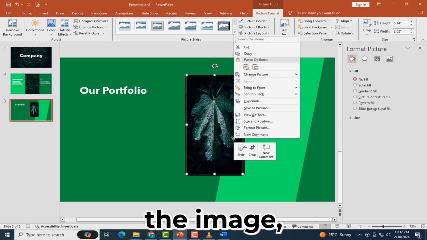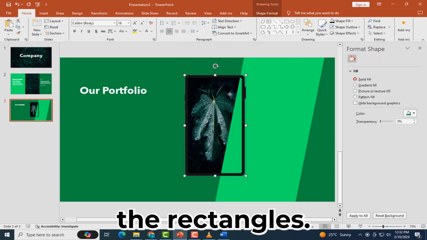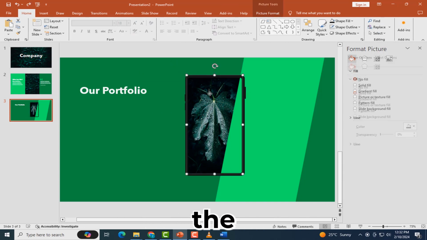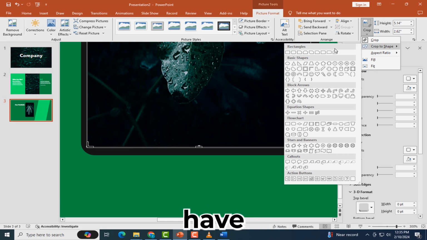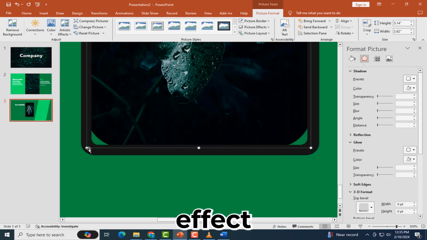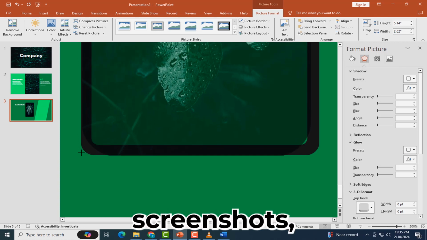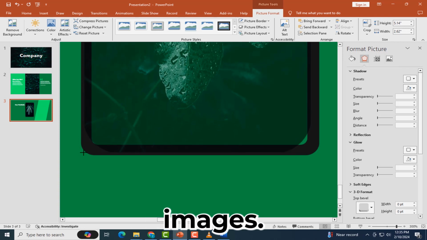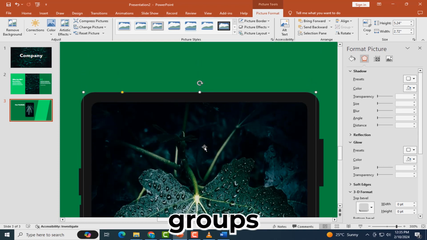If we select the image, we can go to Picture Format, Crop to Shape, add rounded rectangles. And then here you can adjust the roundness of the rectangle of the picture. And then you have quite a cool effect created in PowerPoint for this mockup effect. You can add any sort of content. You can add screenshots, you can add general images. That is all perfectly possible. Select both, group